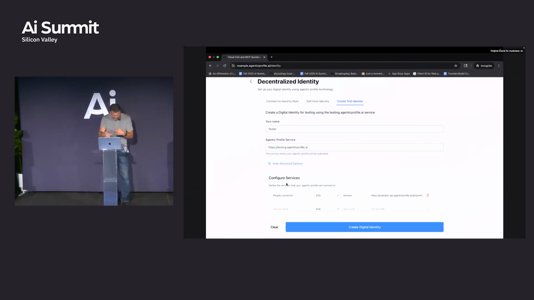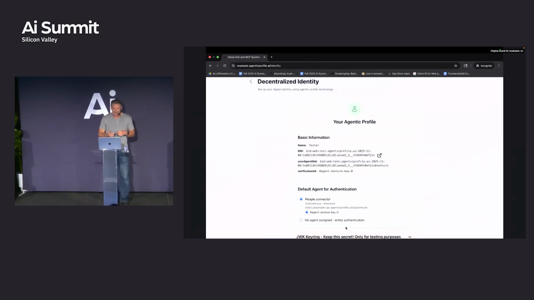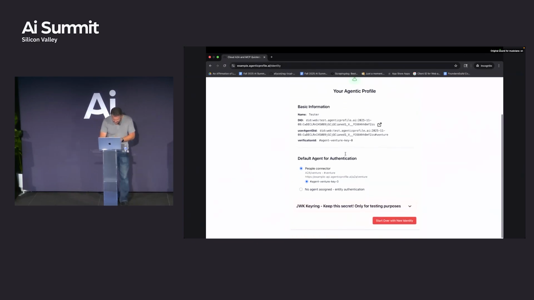So here, just out of the box for demo, I put one in which goes to the API on my service, which is a venture agent. And if you did this now, you can literally do this on your computers right now, boom, it goes and creates it. And so now we have a first-class citizen identity on the internet. In this case, because it's a nice, long, nasty thing, this is your DID, this long, long thing here. And now you can use that DID to represent yourself on the internet, which is kind of fun. And then down here, that's all you really need to know.